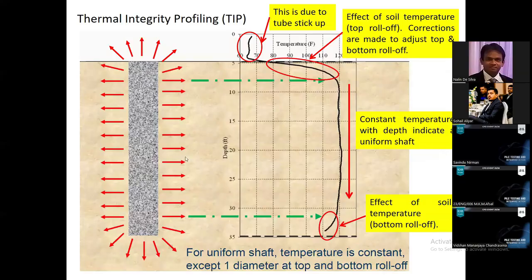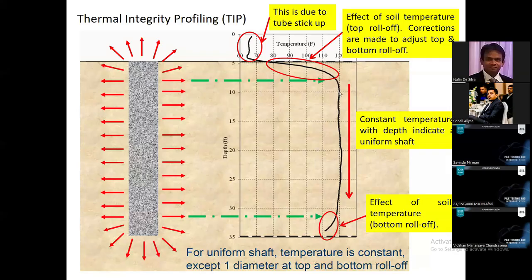So now let me explain how to interpret this data. This is a typical temperature profile taken along a wire, or maybe after inserting a probe, you can detect the temperature at different depths. This is a typical record, right? So you can see, if the pile has a uniform cross section like this, then the temperature must be uniform